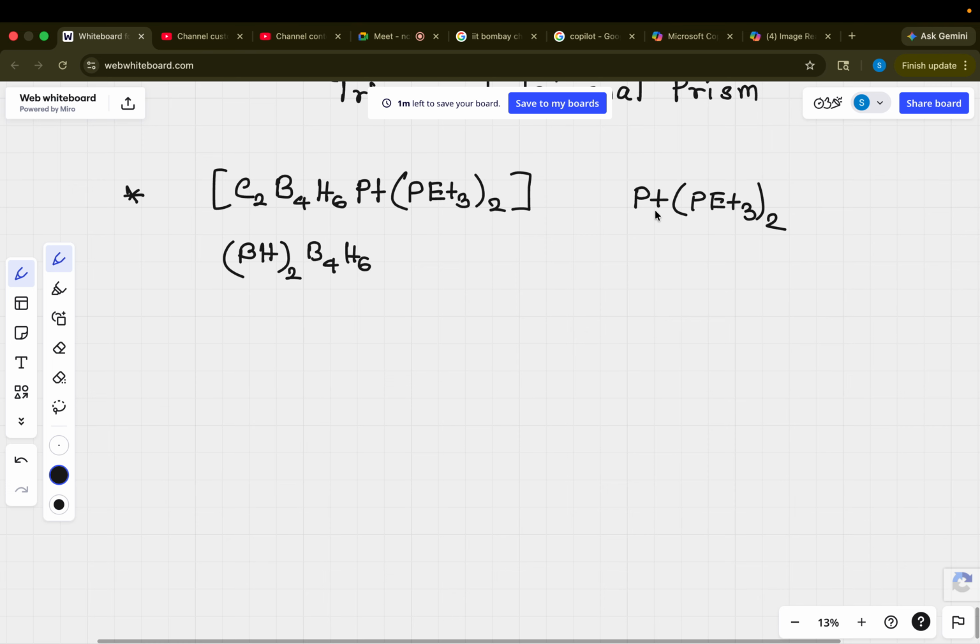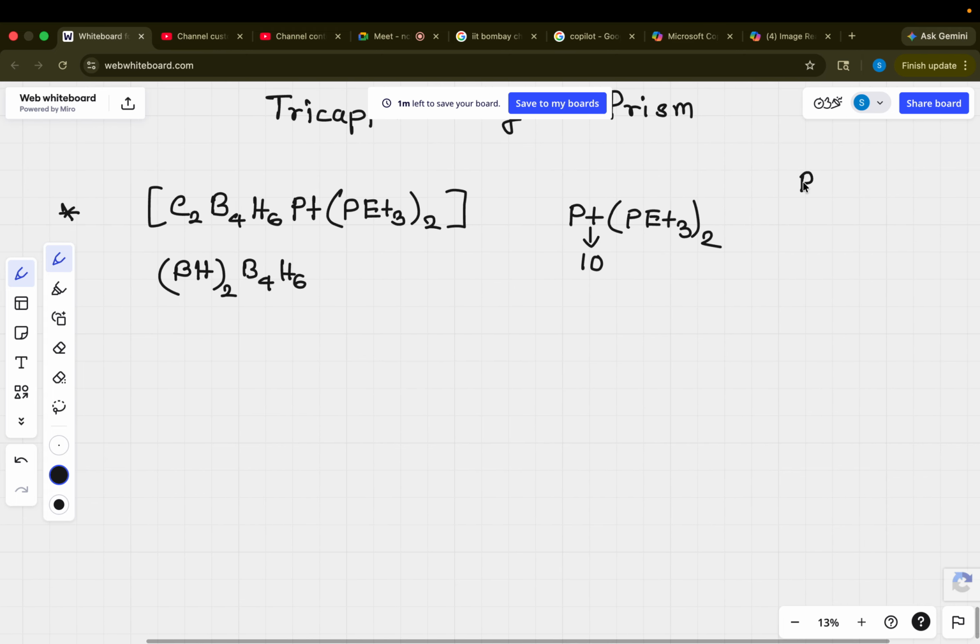So platinum will give how many electrons? 10 electrons, right? Nickel, palladium, platinum, this group. So you will have 10 electrons from your platinum center. And PEt3 is a ligand, so already it is making 3 bonds with 3 ethyl. So 2 electrons are left on phosphorus, and those 2 electrons it will donate. So phosphorus is donating 2 electrons. So you are getting overall 2 into 2, so again you are getting 14 electrons for this compound,